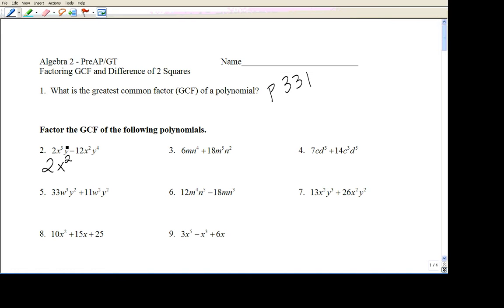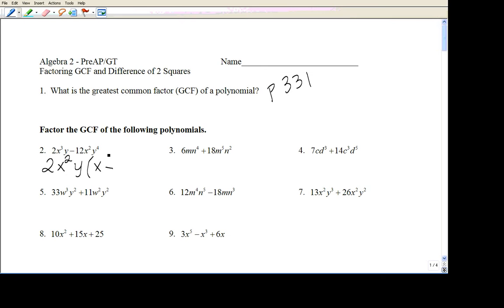So that means that there's an x squared available in both of them. And then now we can consider the y values. There's a y to the first power, and then a y to the fourth power. So between both of those, the highest exponent that we have is just y to the first power. So there's our greatest common factor, but we're factoring out the GCF. So in parentheses, we're going to write whatever was left over. So for the 2x cubed y, we've taken out the 2. For the x cubed, we've taken out the x squared. So that means we only have an x left over. And then we've got y to the first power, and we've already divided out the y. So there's our x minus